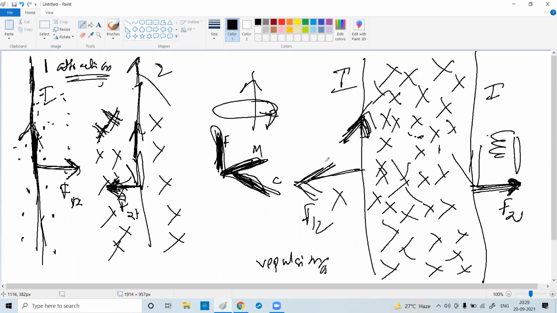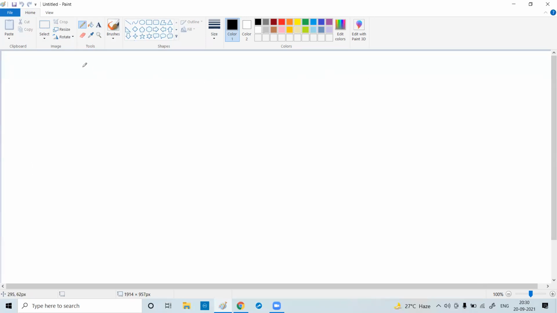So we found that whenever two current-carrying wires have current in the same direction, you will get an attractive force between the two wires. The two wires will get connected with each other. And if the two wires have current in opposite directions, then they will repel. So now we will find out the value of the force. We understood the theory part. Now we will go to the calculation. That's the expression. Let me rub this. Just note this here.